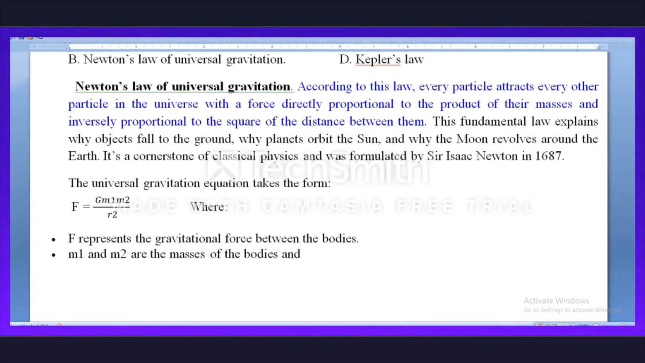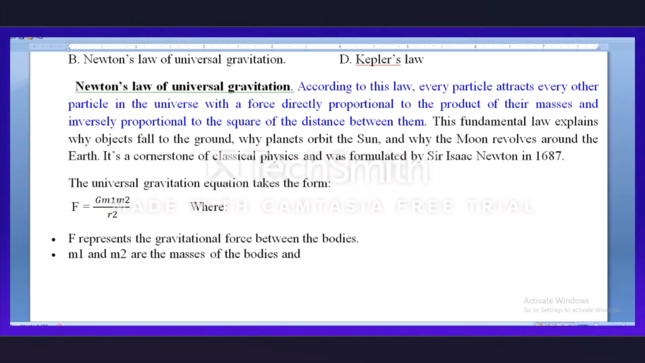Newton's law of universal gravitation: according to this law, every particle attracts every other particle in the universe with a force directly proportional to the product of their masses and inversely proportional to the square of the distance between them. This fundamental law explains why objects fall to the ground, why planets orbit the sun, and why the moon revolves around the earth. It is a cornerstone of classical physics, and was formulated by Sir Isaac Newton in